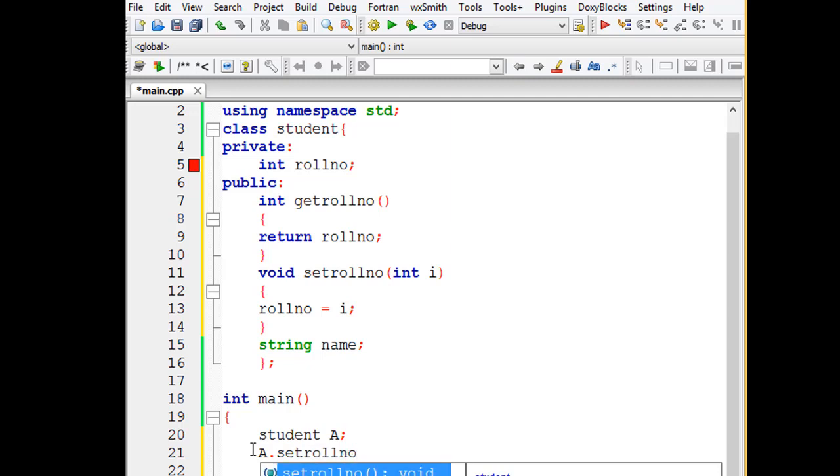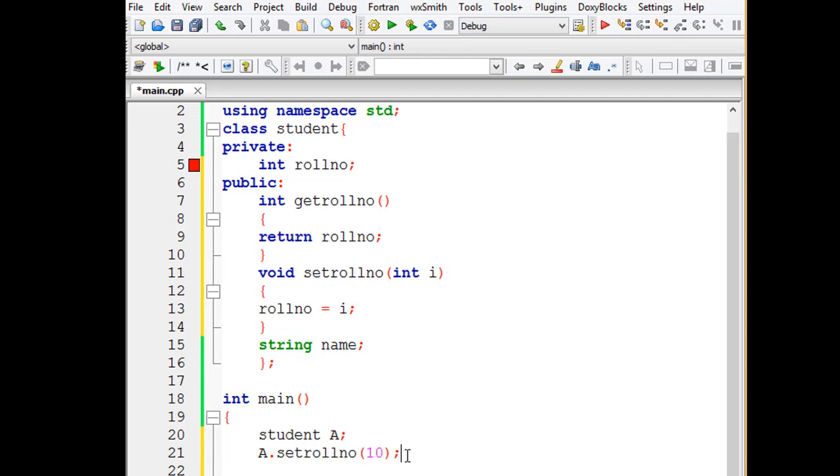We call that method, the function setRollNumber, and pass the argument, the value of roll number, for example 10. So this statement will call the setRollNumber function and set the value 10. Here is the parameter that receives the argument 10 and sets it to the private variable, that is rollNumber.